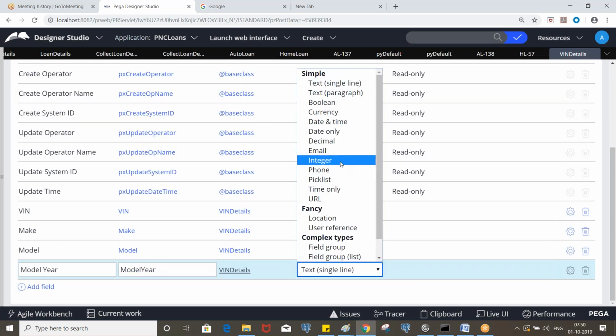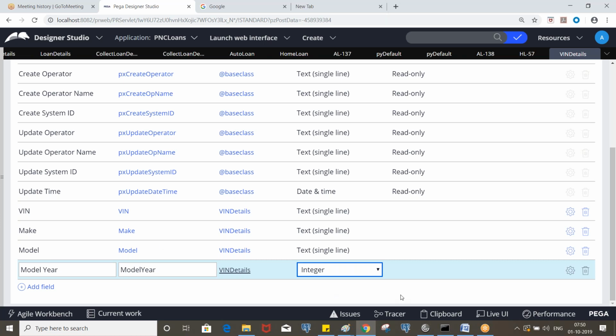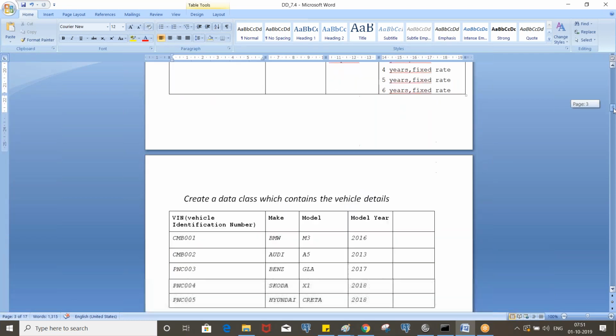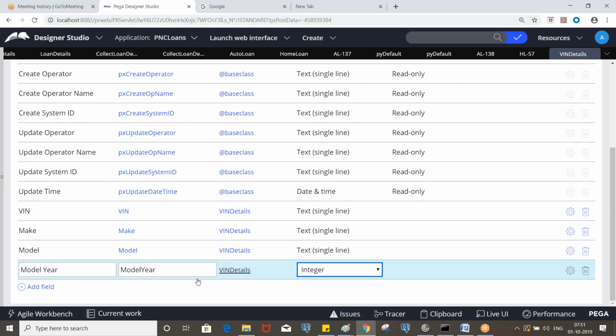Model year here is an integer. Okay, so VIN, make, model year here, and that's it. Yeah.